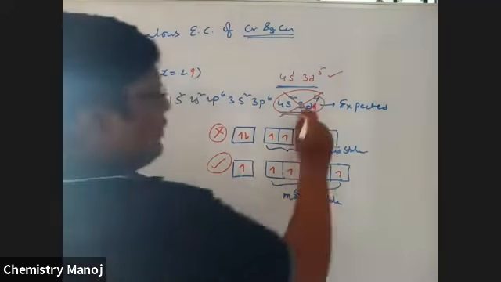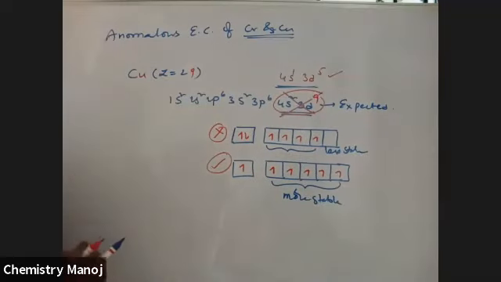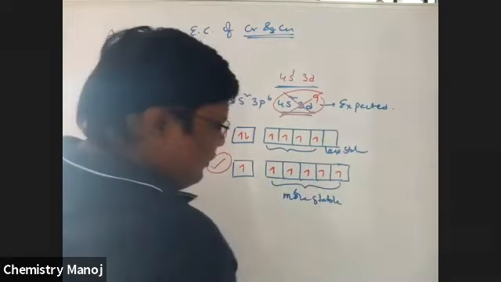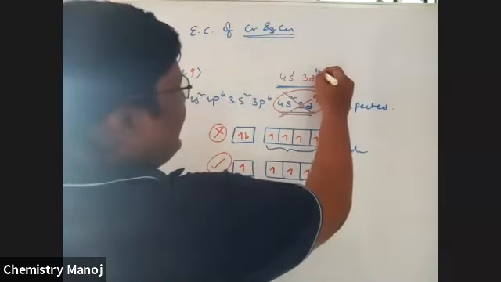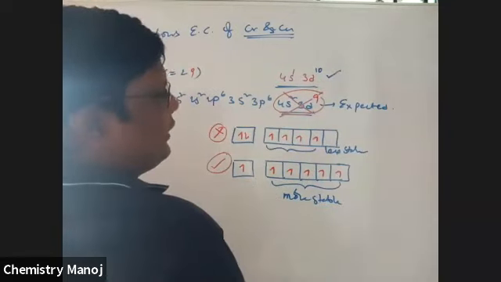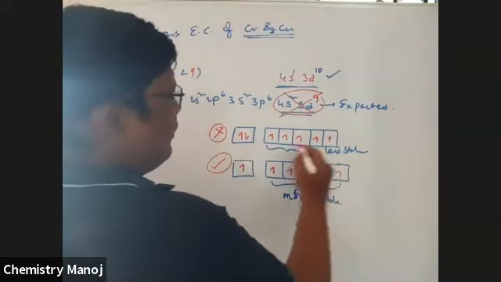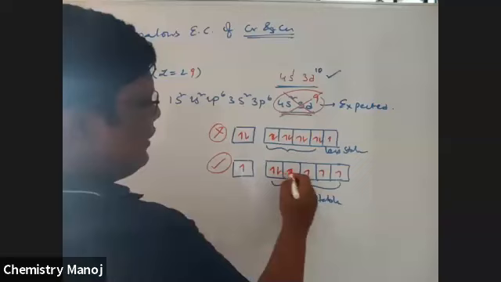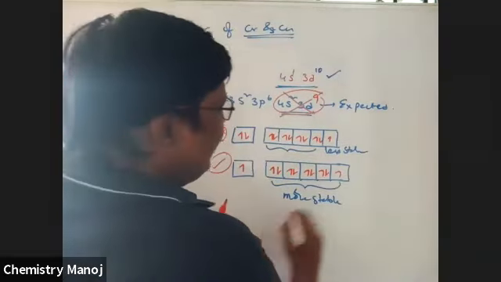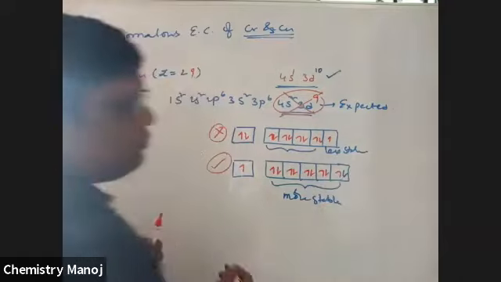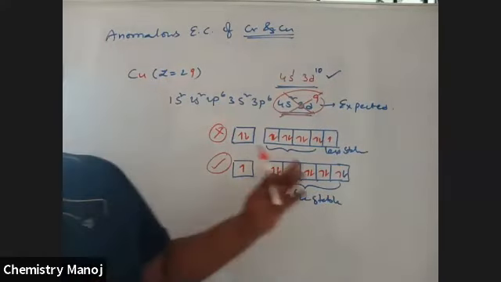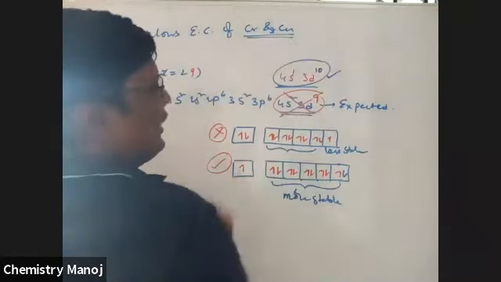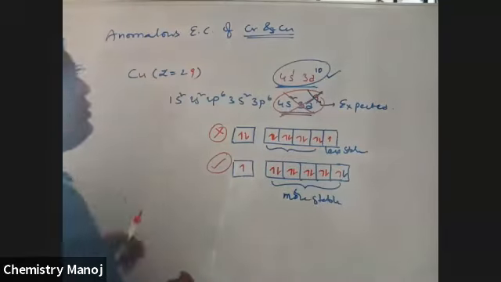Its final electronic configuration, we expected d9, but actually the configuration is not d9. A d10 configuration is expected. d9 means 1, 2, 3, 4, and it is d9, less stable. If this electron enters here, that electron is coming here, that is fulfilled. That is symmetry existing. So whenever a fulfilled condition is applicable, automatically that is more stable. That is why for copper 4s1 3d10 is possible, and not 3d9.